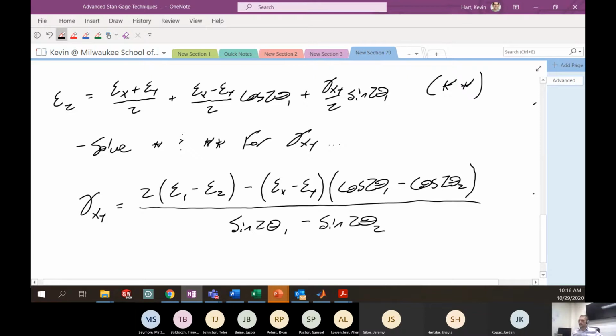This is just rearranging star and double star together to come up with this general